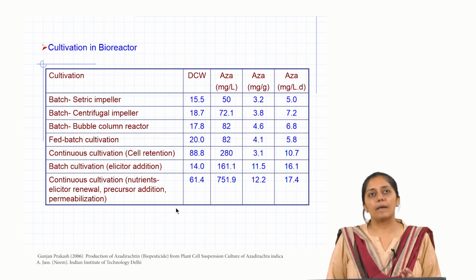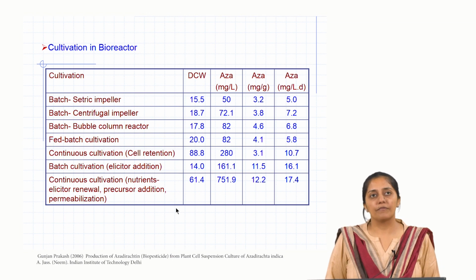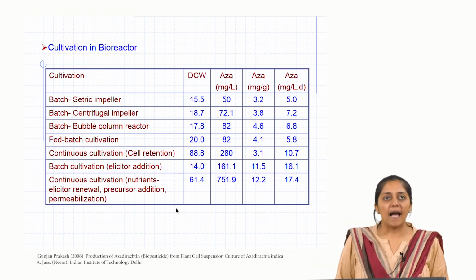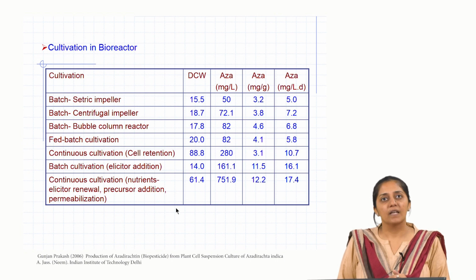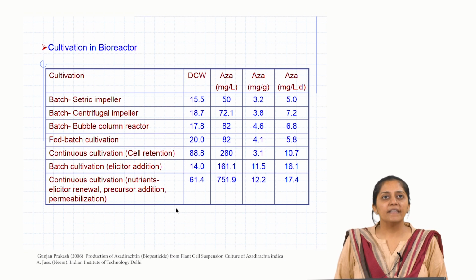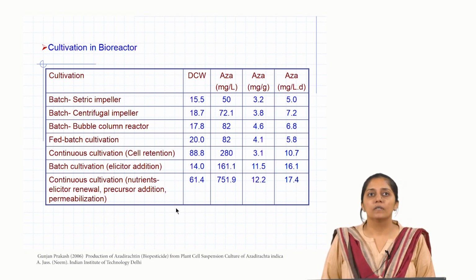If you see a snapshot of how the productivity improved in different modes of cultivation: when they did batch with a Cetric impeller, the productivity was 5. When they did batch with a centrifugal impeller, which had improved mass transfer and mixing time characteristics, the productivity improved to 7.2. Then there is continuous cultivation with a cell retention device, where the productivity was found to further improve,